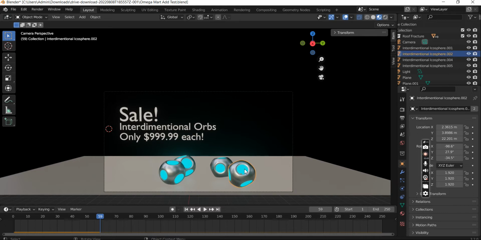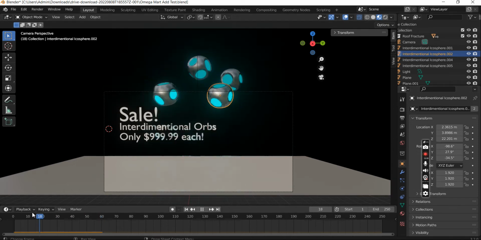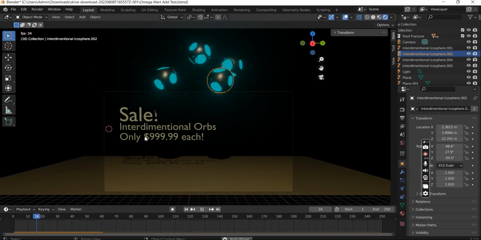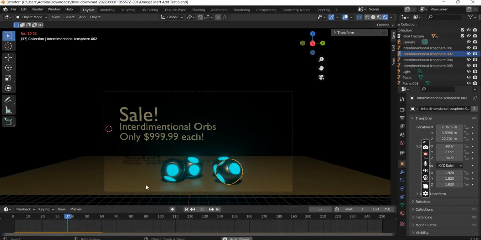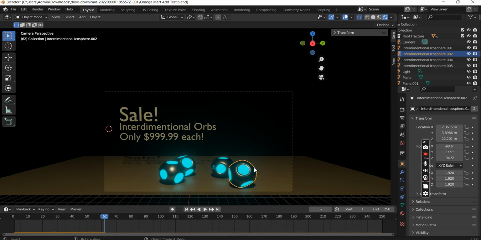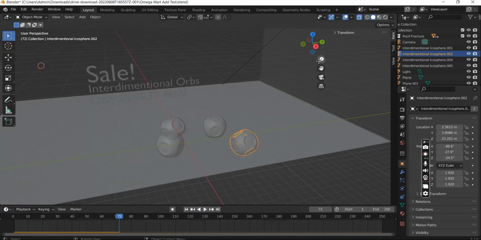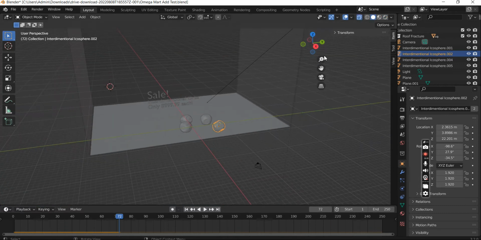So we have interdimensional orbs, which are just icospheres that have been subdivided and shaded smooth, and then some extruded in faces with a glow emission texture. So these fall down from the sky, and it's like, sail interdimensional orbs, or I'm sorry, whatever. And there's gonna be more products. I think how I want to start this was like, this week at yada yada placeholder text,